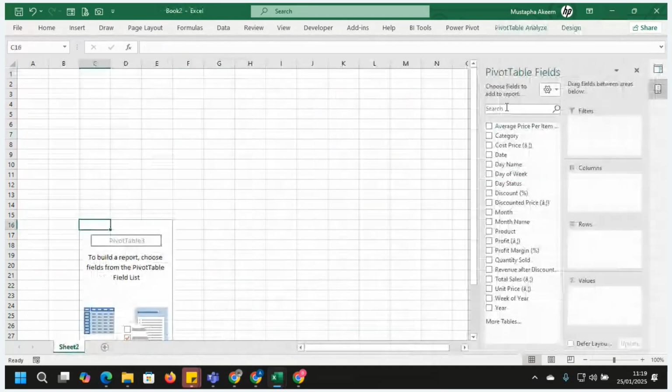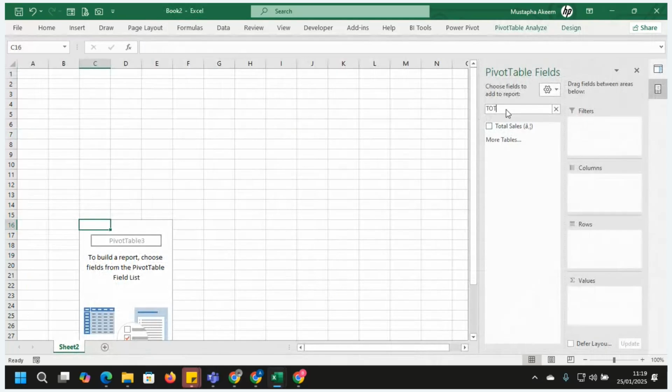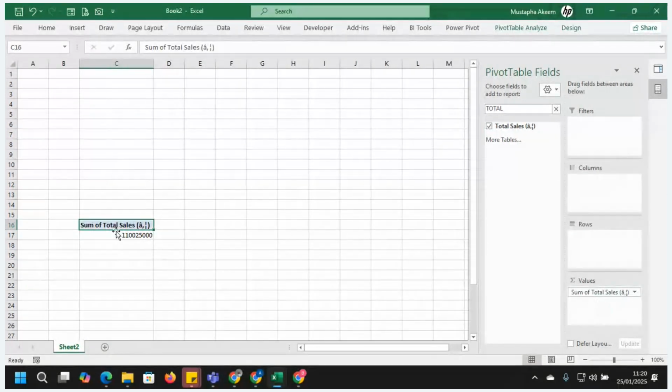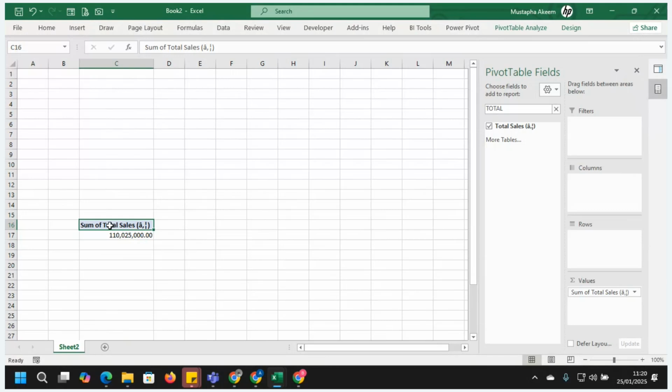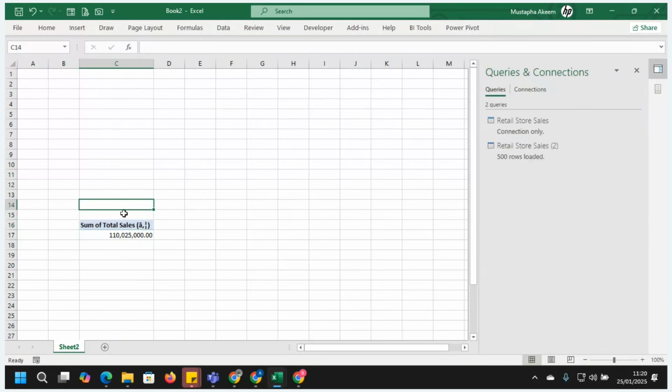You can just come and type total sales. This is it. I'm dragging total sales to values. See what we have here. We have our total sales as 110 million 5,000. It's a very fast thing to do. Just by dragging this into values, we have the total sales ready.